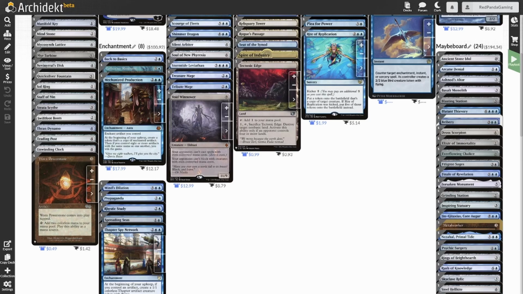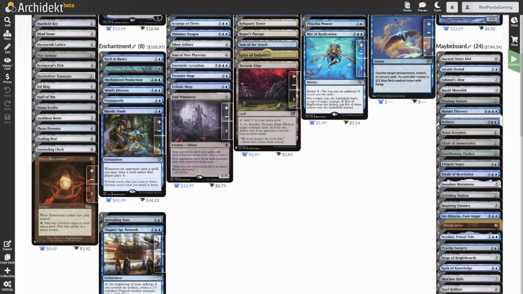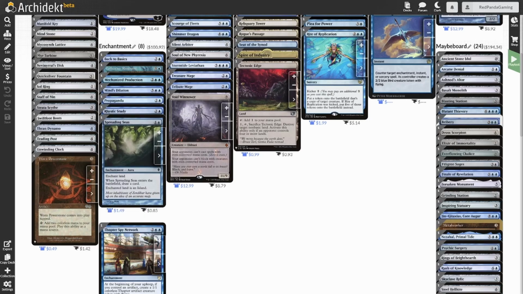So, by the end of a certain round, I could have 4 or 5 Soul Rings of my own, as well as all my opponents' if they're playing one. And then I cast this, and look, I'm going to get to those 8 Soul Rings pretty quick. Mind's Dilation, Propaganda, Mystic Study because I'm playing blue, Spreading Seas, some of that enchanting lands, make them an island,